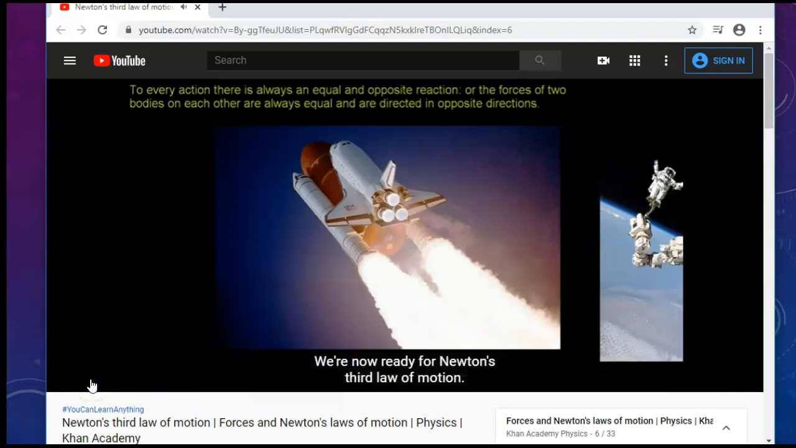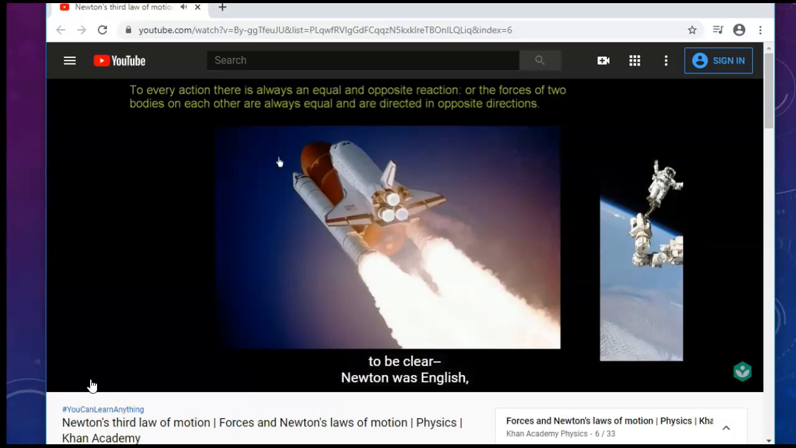We're now ready for Newton's third law of motion, and something, once again, you've probably heard people talk about. But in this video, I want to make sure that we really understand what Newton is talking about when he says, and this is a translation of the Latin version of it, to every action there is always